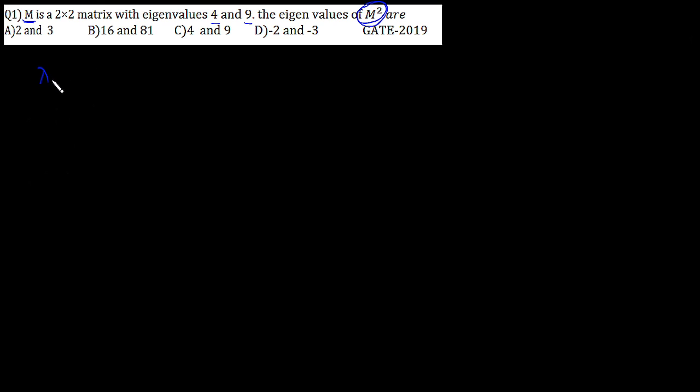Now let lambda 1 and lambda 2 be eigenvalues of matrix M. Then from the property I can say the squares of these values, lambda 1 square and lambda 2 square, are nothing but the eigenvalues of matrix